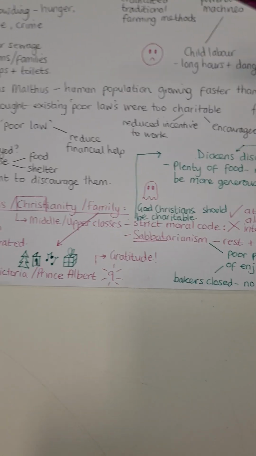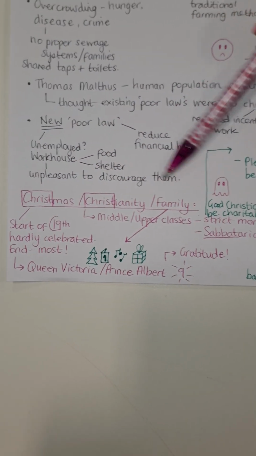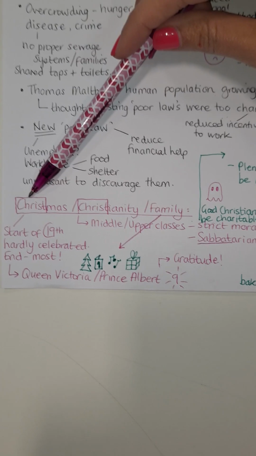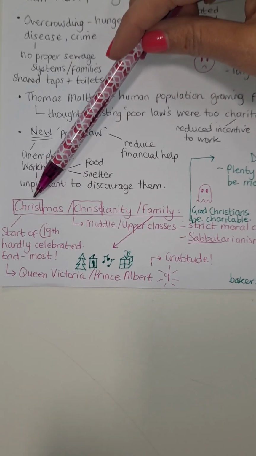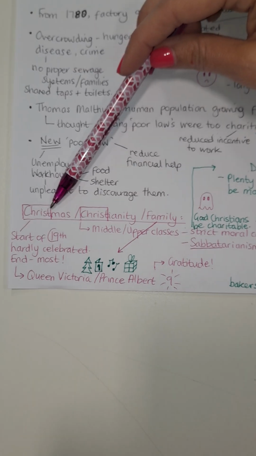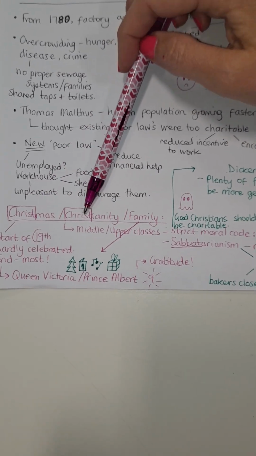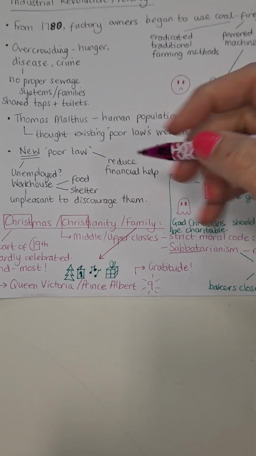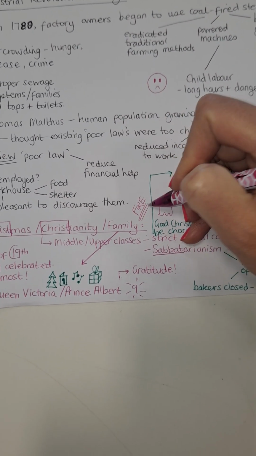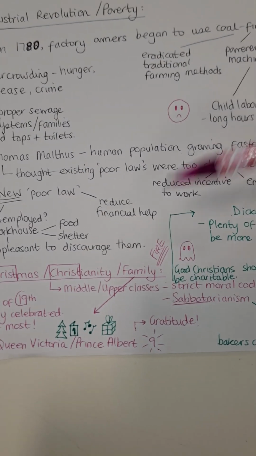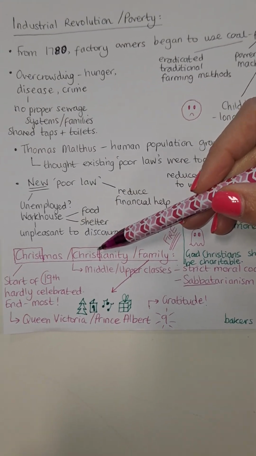Next, we're going to look at the idea of Christmas and Christianity and family. I deliberately want you to notice Christmas. This is about Jesus Christ. Anything to do with Christmas, whether it's a Christmas tree or gifts or Christmas cards or Christmas carols, or Christianity, any sort of motif of fire coming through as well, it all represents warmth and the idea that Jesus is the light of the world. All of it is regarding religion.